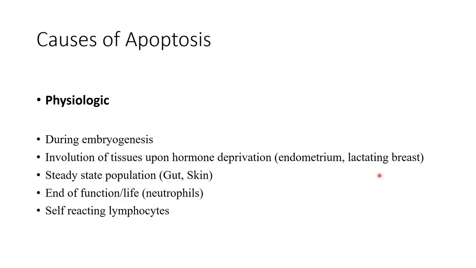Also, after the cessation of lactation, ببطل في هرمون البرولاكتين. So all the cells اللي ظهرت جديد during lactation لما صارت الهايبربليجيا they will die by apoptosis وبيرجع البريست للnormal size. Another example على apoptosis physiologic is the study to maintain steady state population زي في الgut lining of the gut الأمعاء والمعدة والسكن، لأنه في هاي الأعضاء لازم يضل عدد الخلايا ثابت، فكل ما تطلع خلية جديدة في السكن for example الخلية القديمة مفروض تموت by apoptosis، لأنه إذا ما صار في death of the old cells the skin thickness